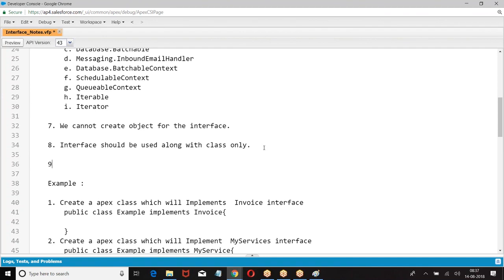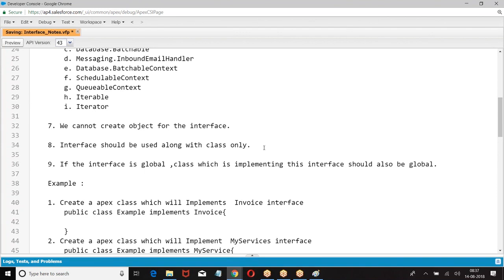Next, one more point. If the interface is global, the class which is implementing it should also be global.